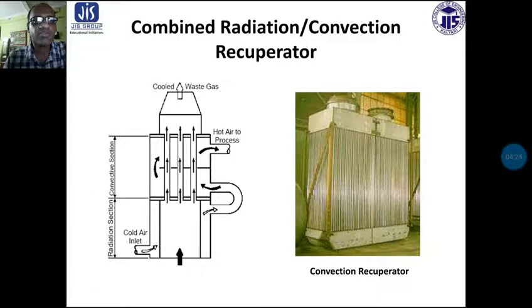First of all, the cold air comes through the cold air inlet, and through the metallic inner section the flue gas is passing. First it will take the heat from the flue gas in a radiative way. In the second pass, the flue gas is diverted